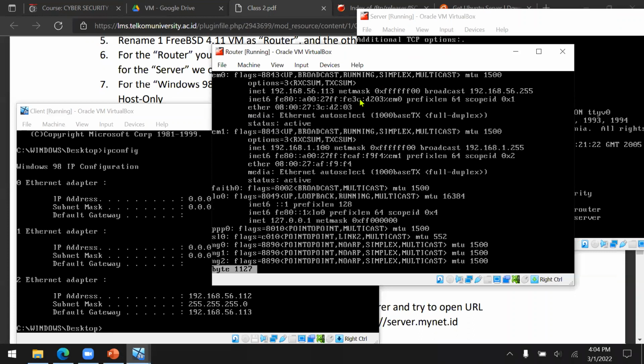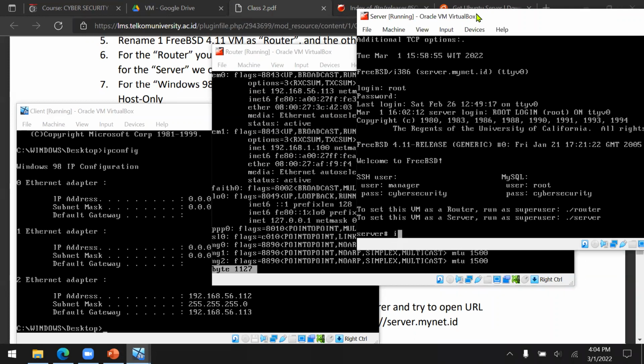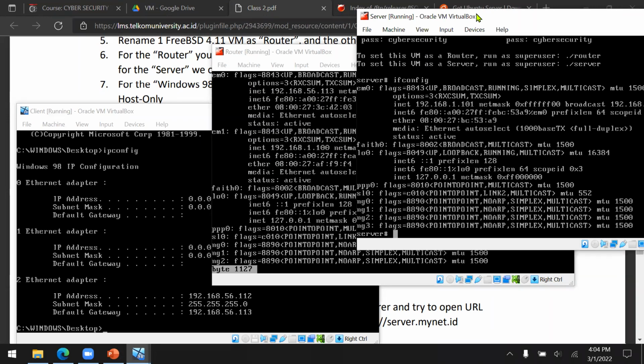So the IP address is different between em0 and em1. And the server itself has an IP address of 1.101. So it has 1.100 and this one is 1.101.